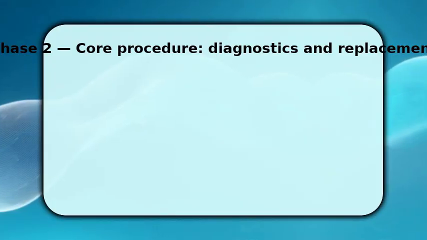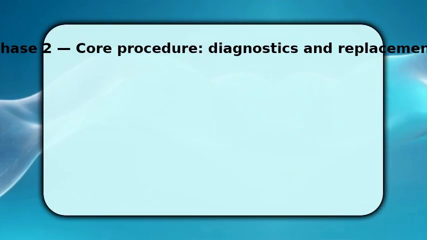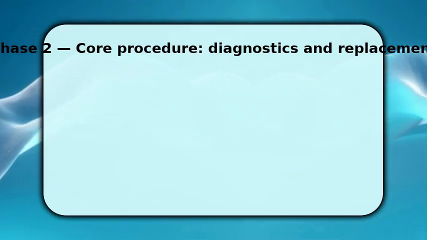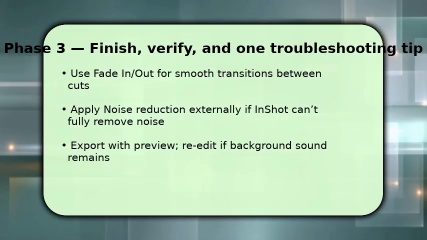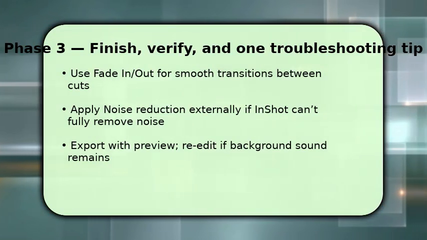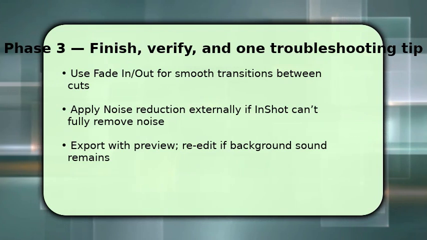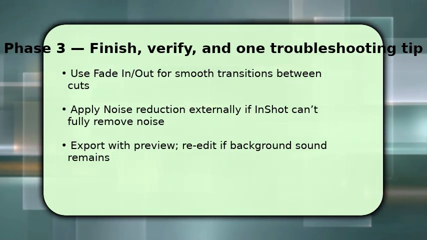This preserves speech elsewhere. For separate music layers, you can also replace the track by tapping delete and adding a cleaner file. Make sure to play back to check levels and transitions. To finish, fine-tune transitions. Apply fade in and fade out to avoid abrupt audio jumps and adjust neighboring clips' volumes